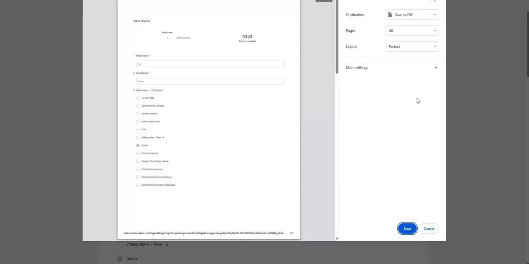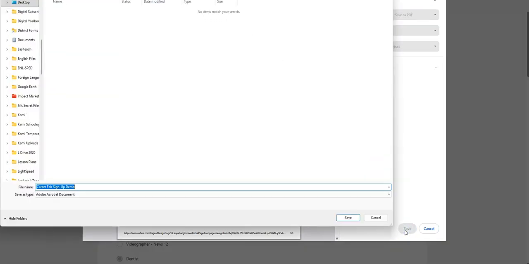But we're not actually going to print this to a printer. What we're going to do is we're going to print this, or save this rather, as a PDF. So you're going to change it. The default might be on your connected printer. You're going to change that option to click Save as PDF, and then you're going to go ahead and click